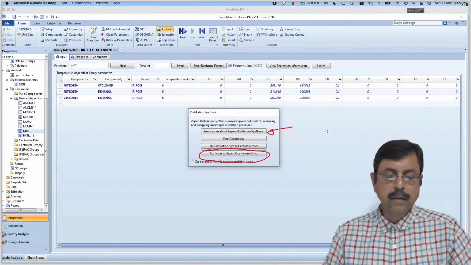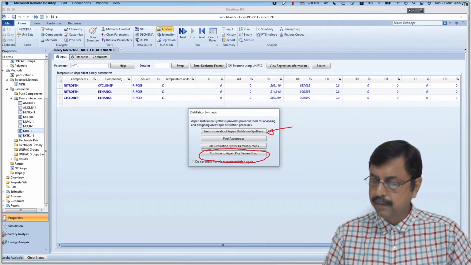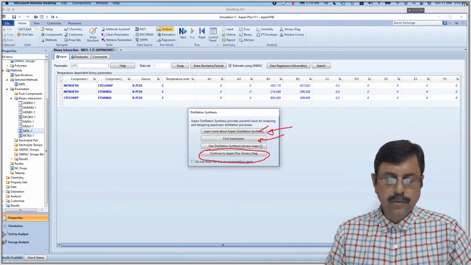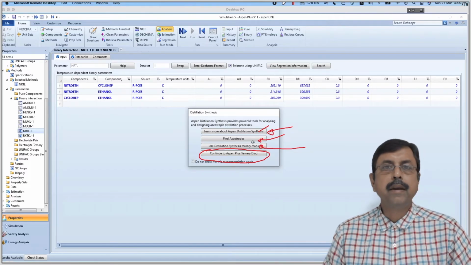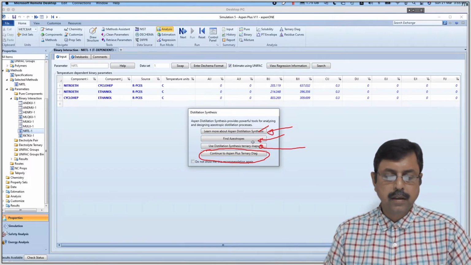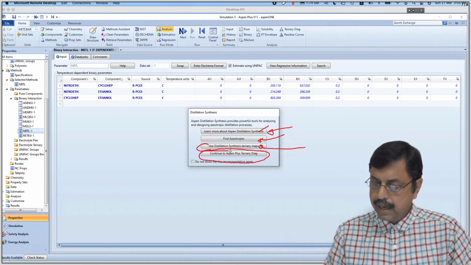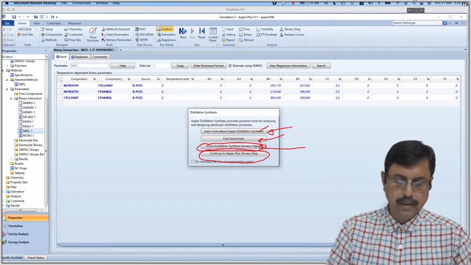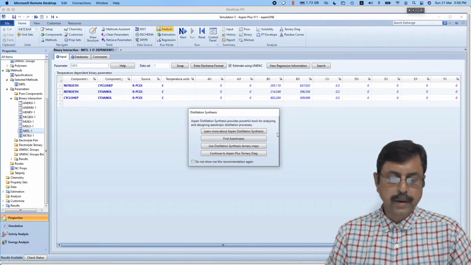You can learn more about Aspen distillation synthesis by pressing this button, or you can find the azeotropes by pressing this button, and you can use the distillation synthesis ternary map by pressing this button. In this exercise, we will use this third button, that is, use distillation synthesis ternary maps. So we press it,